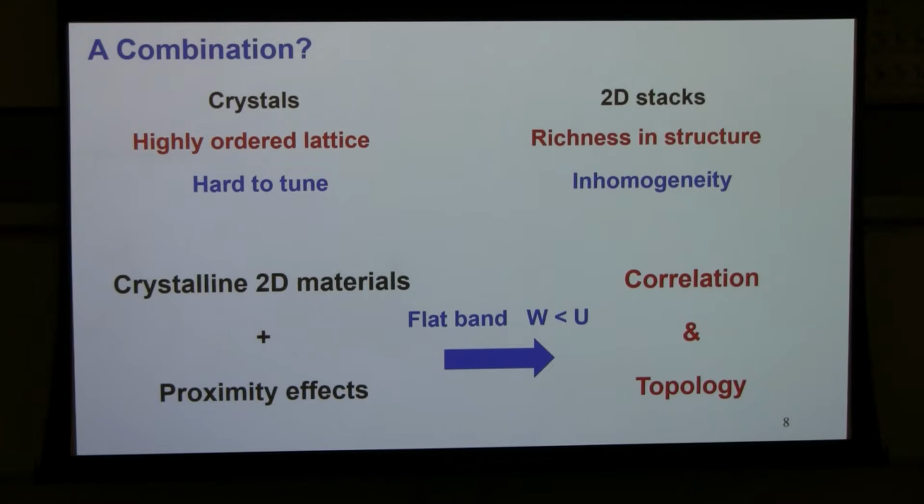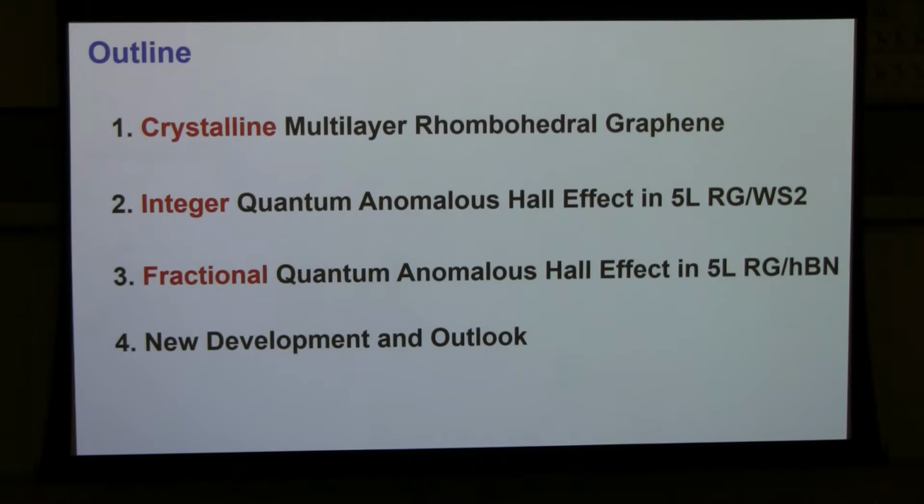And the question is, what crystalline 2D material am I going to use? The answer is graphene. Okay, you may get confused. Monolayer graphene has this linear dual cone, has one of the largest Fermi velocity. It just doesn't look like a flat band at all. Well, the thing is, you have to go beyond the monolayer.